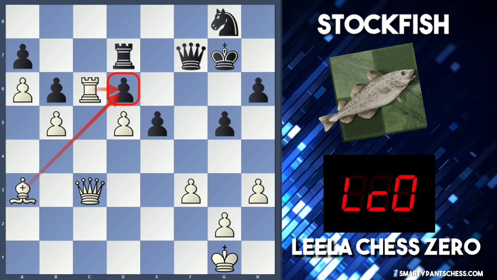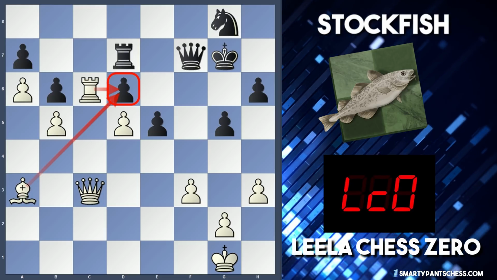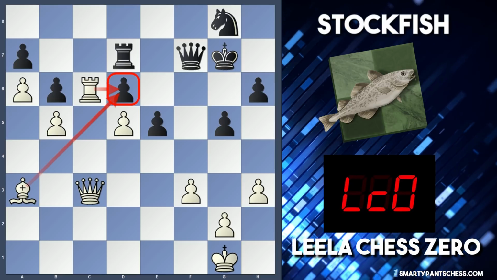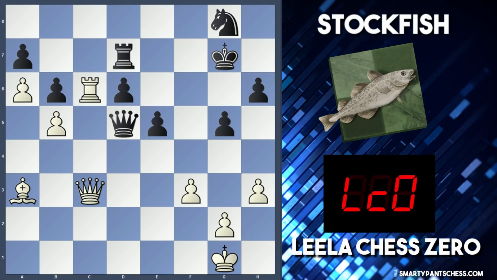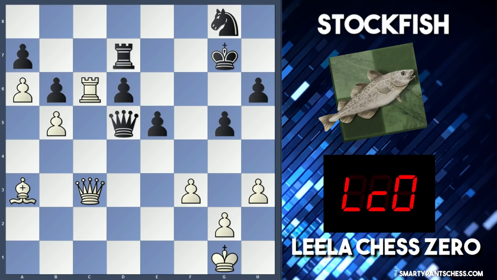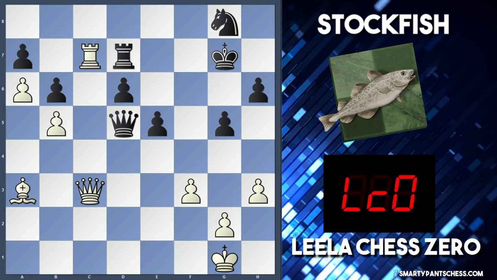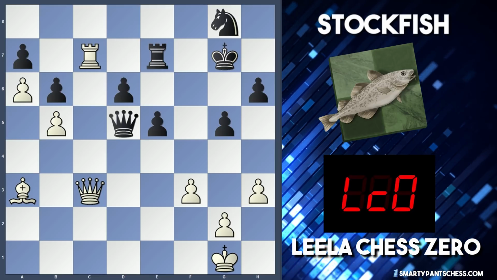So Leela's asking a lot of questions here, but what this has done is left this d5 square quite vulnerable. So queen takes d5 now from Stockfish. They have to do this really to get some counterplay, but Leela can now play rook c7, so attacking this rook again. It retreats to e7,